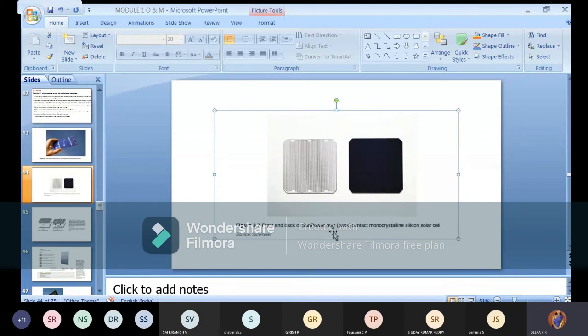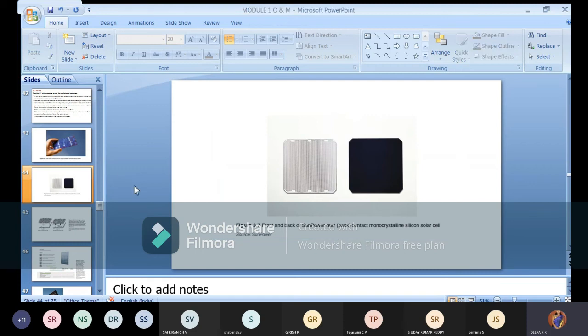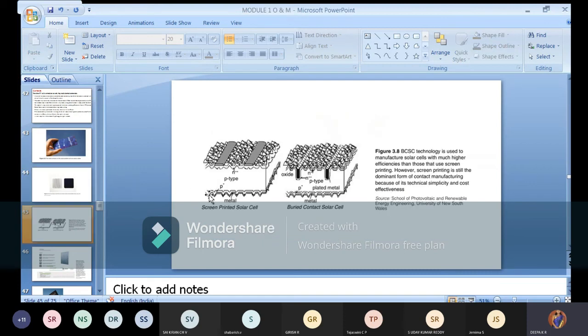Similarly, if you take the front and back of a SunPower rear back contact monocrystalline silicon solar cell, how does it look? The backside will be completely normal, and outside you will see some small lines. A single piece of it is like a single chocolate, dynamic chocolate. You get a box kind of thing. The same way your monocrystalline will go. But this is the construction.